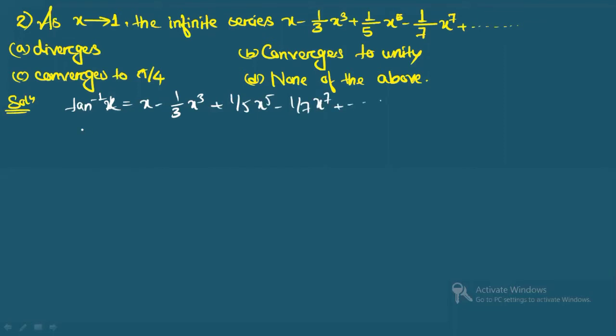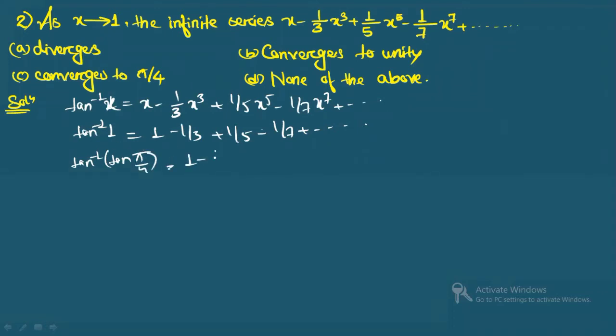Now you see when x tends to what? 1, that is tan inverse 1. So it will be what? 1 minus 1 by 3 plus 1 by 5 minus 1 by 7 plus and so on. So now you see this one, when do you get the value 1? Tan pi by 4, yes or no? Tan pi by 4 value is 1. So this will be the same. The right hand side I'm keeping the same. So this will give you what? Ultimately on the left hand side you will have pi by 4. Okay, on calculation this is equal to what?